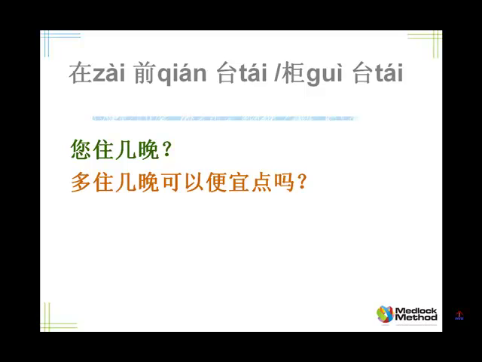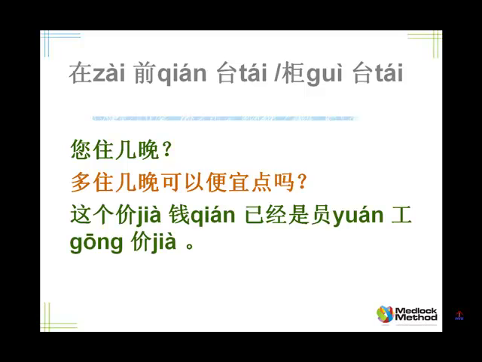Now, the way you would phrase it in Chinese, you would say this price is already the employee price. Can you tell us, 邱老师, this price? 这个价钱. Let's put this all together. Tell me, this price is already the employee price. 这个价钱已经是员工价. I repeat this again. 这个价钱已经是员工价